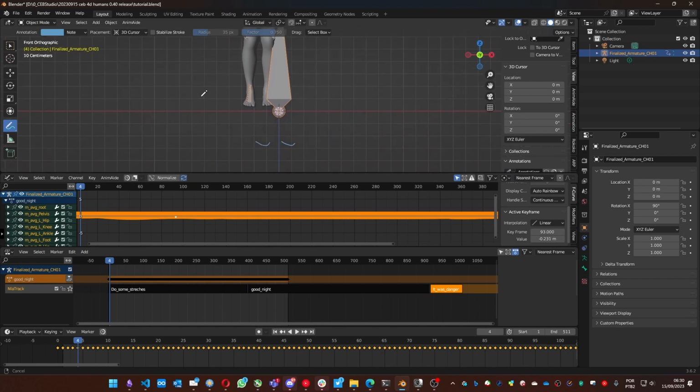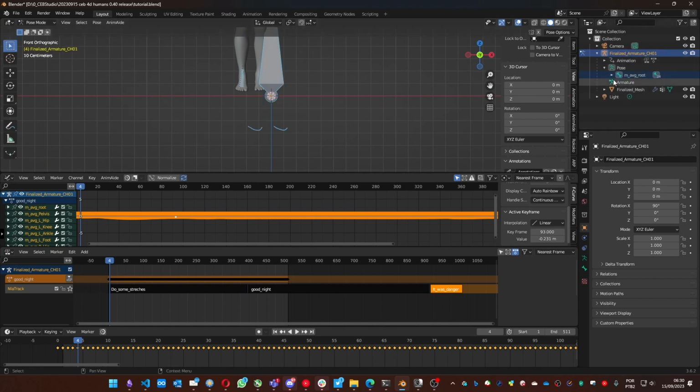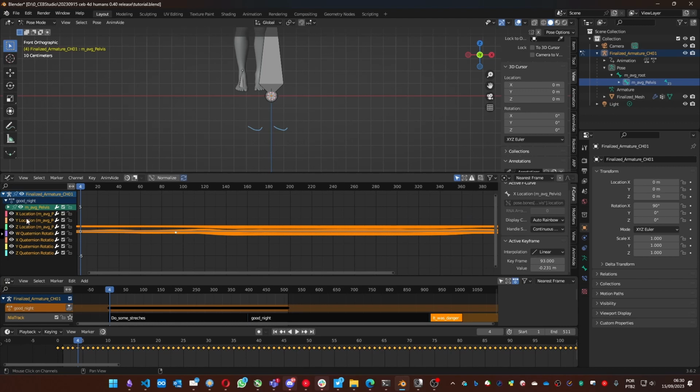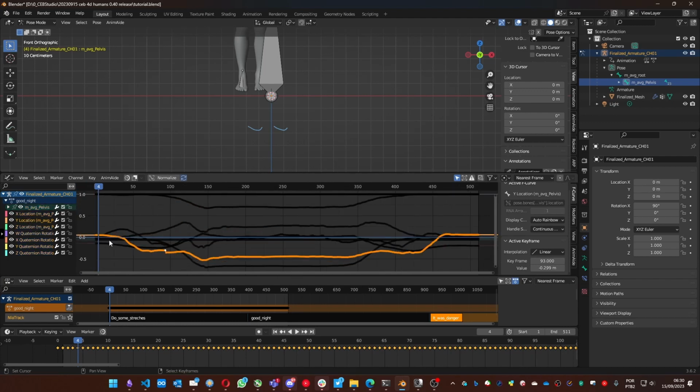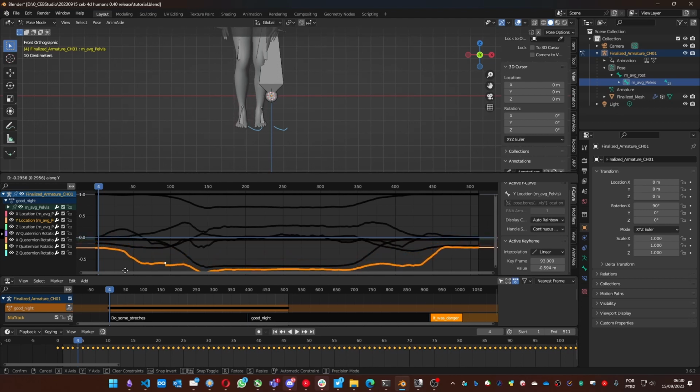Let me put a little bit up, and we have to find the pelvis. I go to the pose mode and get the pelvis bone. We take a look at probably the Y location. Let me press Home and I grab with G and Y, and you see that we can move very close to the annotations, but